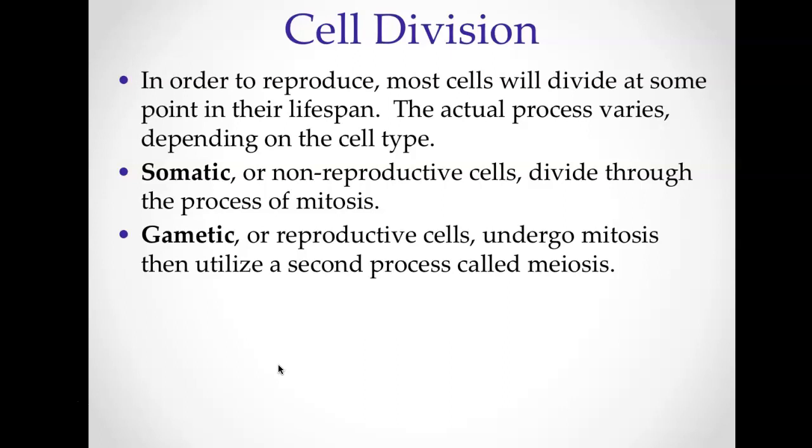So today we're only doing mitosis. Mitosis is the division of somatic cells. Meiosis is the division of gametic cells. Somatic cells are anything that are not sperm and egg. So if you're looking at a cell, ask yourself, is this a sperm or is this an egg? And if your answer is no, then it's a somatic cell. If it is a sperm or an egg, then it's a gametic cell, also known as a gamete. So our focus today is on just somatic cells.